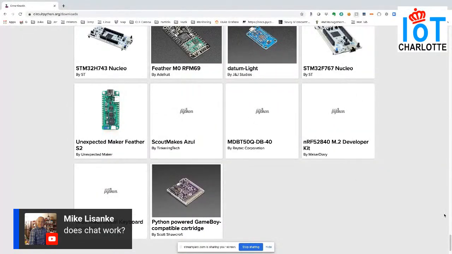So with that, programming is pretty easy. Basically, it shows up as a drive on your computer, and then from there, all you have to do is grab and modify your files, whatever you need, and when you save it, it automatically updates, reinitializes the code, and gets you up and running. Really, really fast and quick to use.